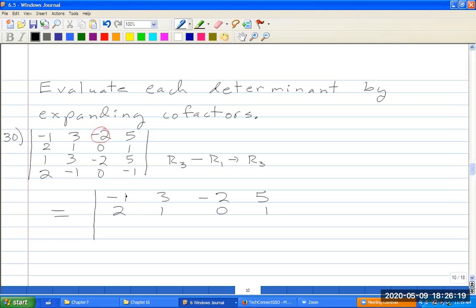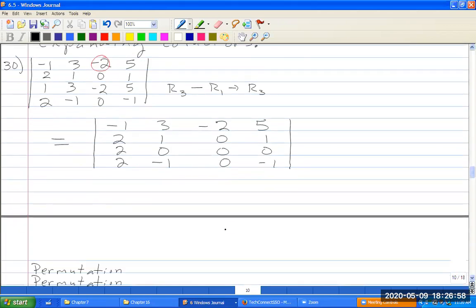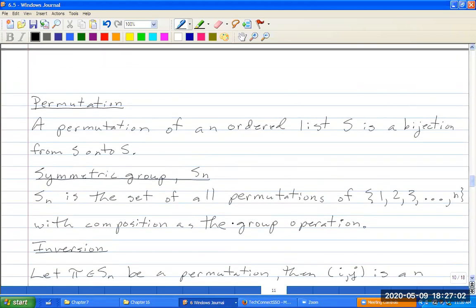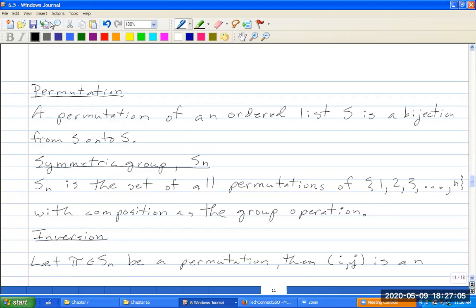And so I'm going to subtract. So 1 plus 1 is 2. 3 minus 3 is 0. 2 minus 2 is 0. Negative 5 plus 5 is 0. Oh, that makes a lot of zeros. Then 2 minus 1, 0, negative 1. In this case, I could expand along this one or this one because they all have lots of zeros. Let me do the expansion along this one, and so this will equal